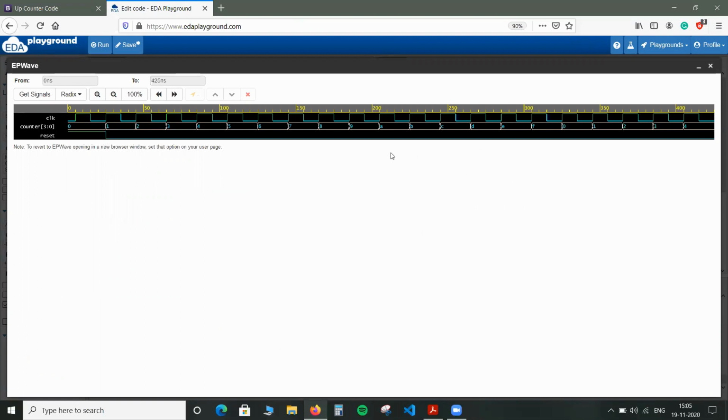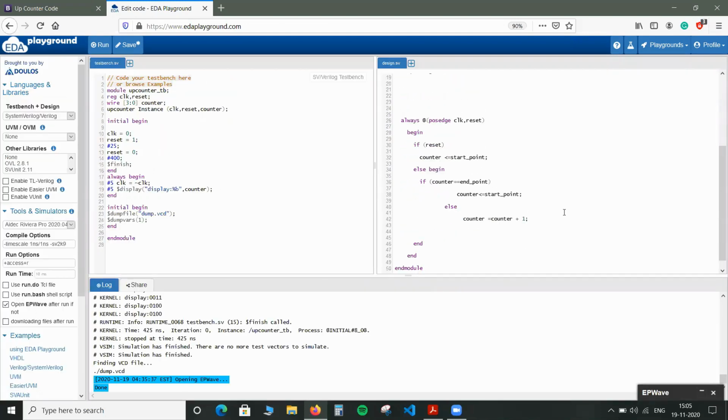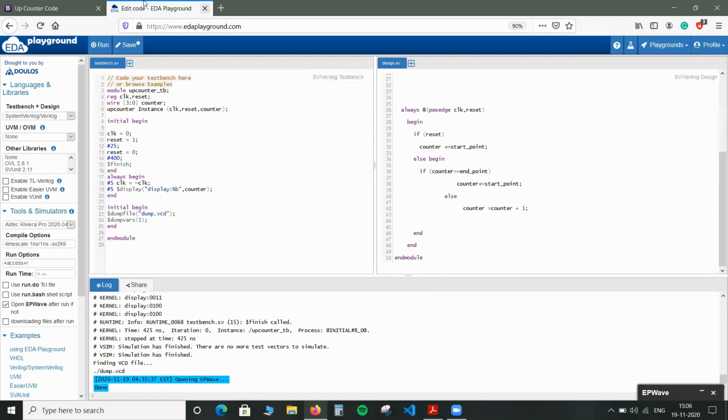So our up counter will count from 0 to 15. From EPWave you can also see that our counter is counting the same, like 0, 1, 2 until F, which is 15 in binary. After 15 it goes to 0 and then starts counting once again. So that's it for the up counter.